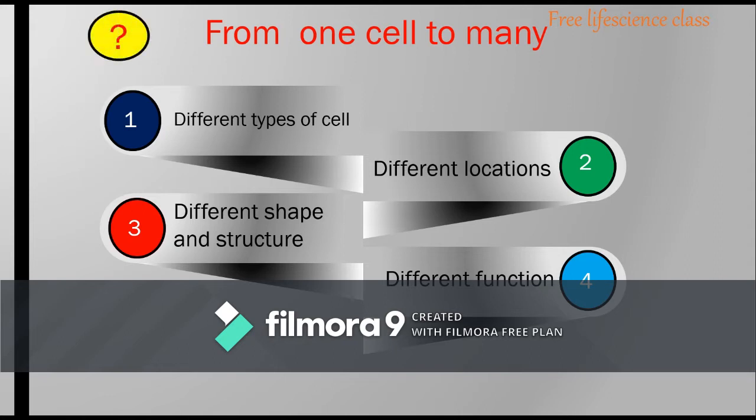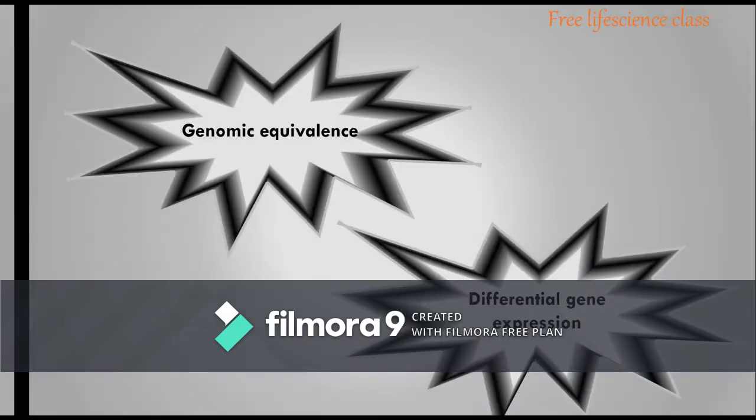What is genomic equivalence? Do you know about genomic equivalence? Each somatic cell nucleus has the same chromosomes. If you have a doubt, you can take a cell from your hair follicle, from your cheek cells, and from your leg cells, but you will get the same set of genes in every cell when you take cells from the same organism from different places. That means every cell has the same amount of genes.